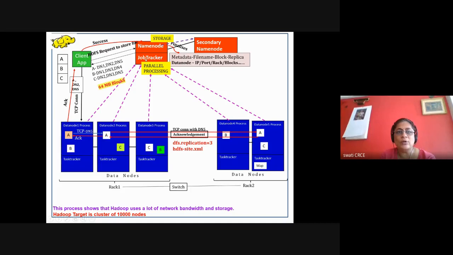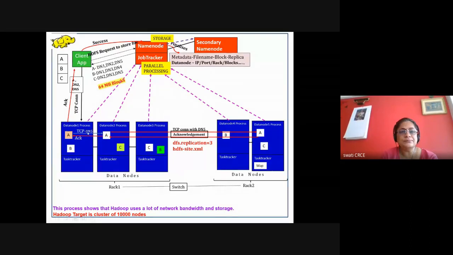So if this name node is not alive, then the secondary name node may select another machine and restart this process. This way the failure is handled. Again, we can revise failure: if the data is replicated at multiple locations, the data will be available 24 by 7, because if one machine is not accessible, the data is there on the other machine. Because of the replicas, data is available.